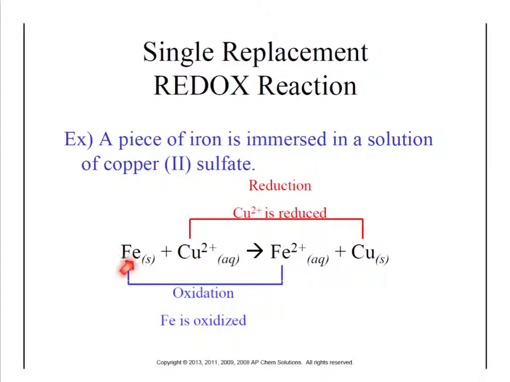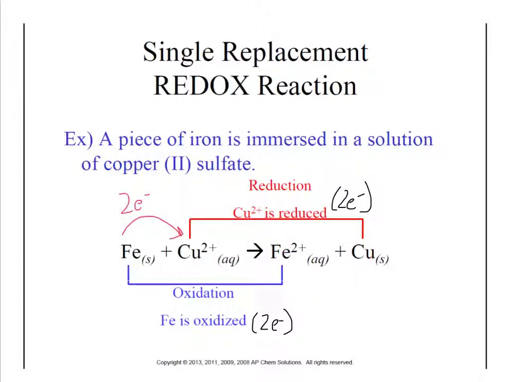But what's happening is, if we look at iron, it went from a solid, no charge, so neutral, into a 2+ charge. So if something becomes positive or negative for that matter, that means it's losing or gaining electrons. If it became 2+, that means it lost 2 electrons in order to become Fe2+. Now copper was Cu2+, and then it turned neutral, it turned into a solid, which means that it gained 2 electrons. And that's called reduction. Oxidation is loss, reduction is the gain. And so what happened in this reaction is iron transferred its 2 electrons over to copper,